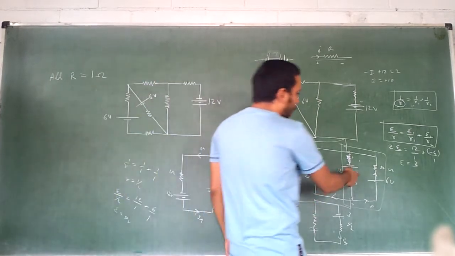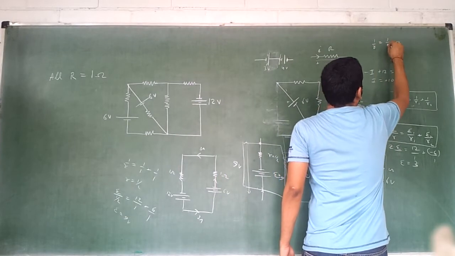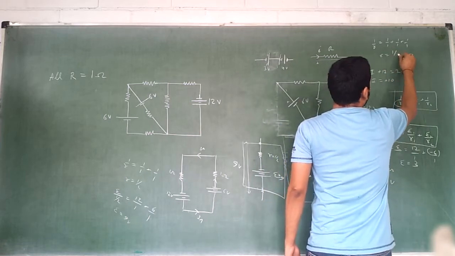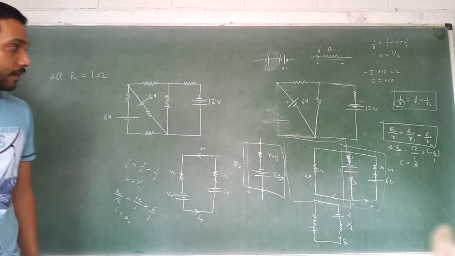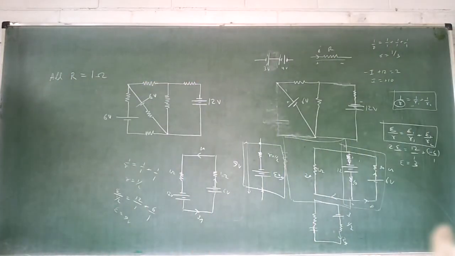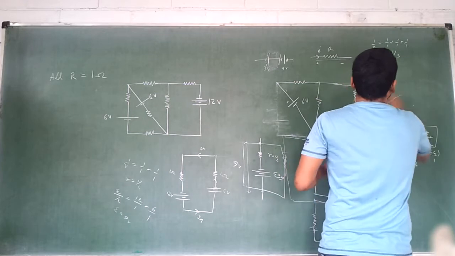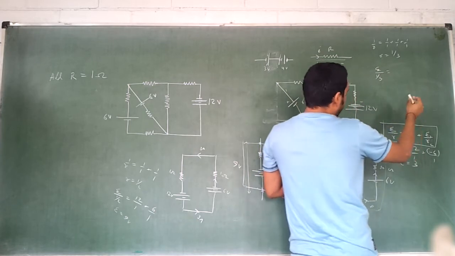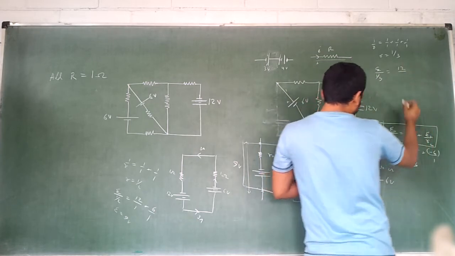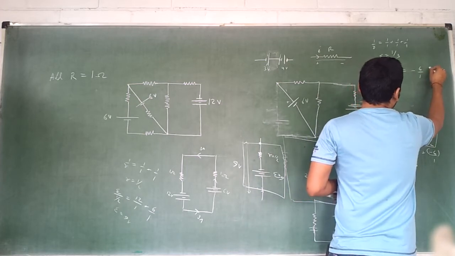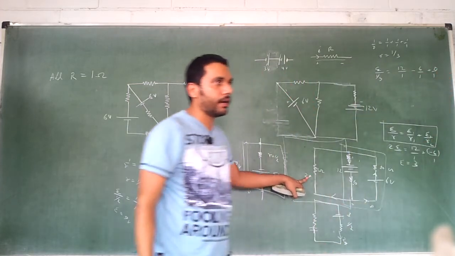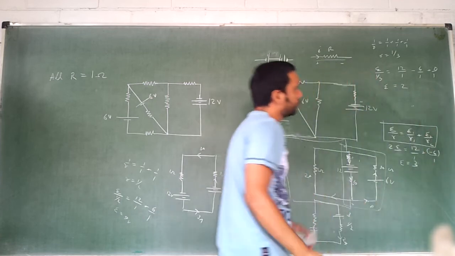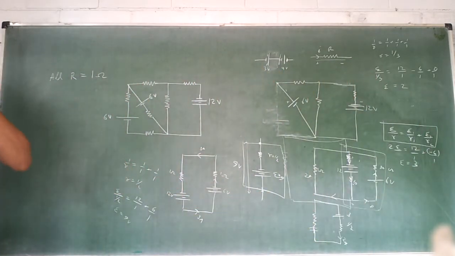So first of all, R will become: 1 by R is equal to 1 by 1 plus 1 by 1 plus 1 by 1. Okay. So R is equal to 1 by 3. Any doubt? E upon 1 by 3 is equal to, downwards I have taken positive, 12 by 1 minus 6 by 1 and 0 by 1. There is a 0 volt battery. Okay. So what do you get? You will get your E as 2. Okay. 6 by 3, 2.